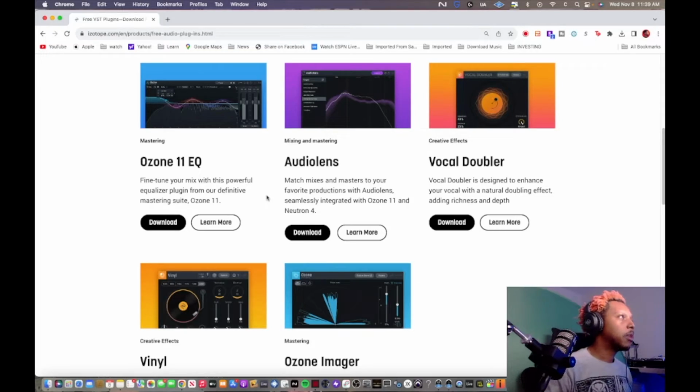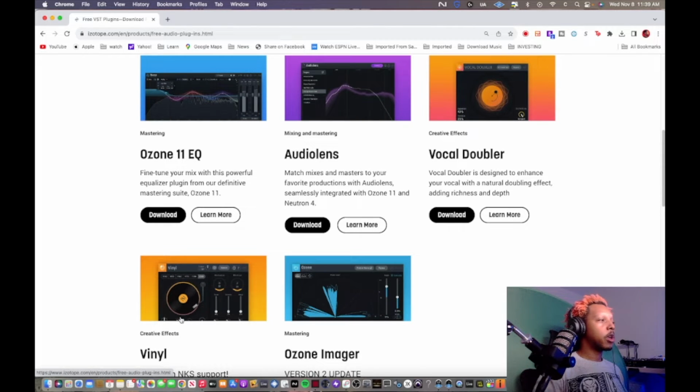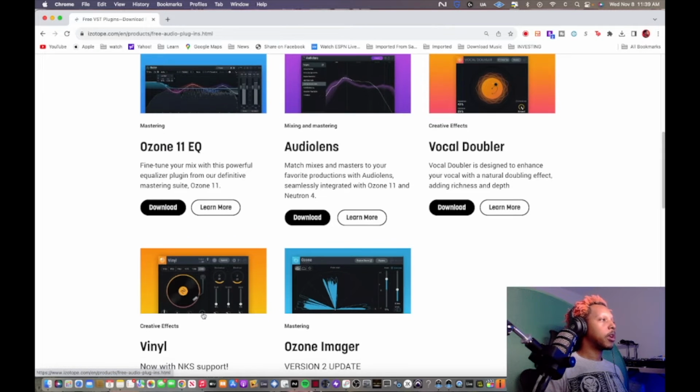Okay, I'm gonna drop the link for those that need it, and you'll come here and you'll download it right here, Ozone 11 EQ. They also have these other plugins for free you can download. These two, the Ozone Imager and Audio Lens, are in their mastering suite. The vocal doubler I don't really use because I don't really record vocals, but I do have the vinyl plugin and I've used that a lot. If you like lo-fi, if you want to add like crackle, like an LP record sound effect to your music,